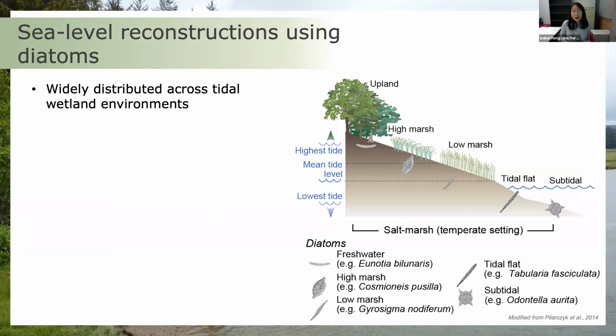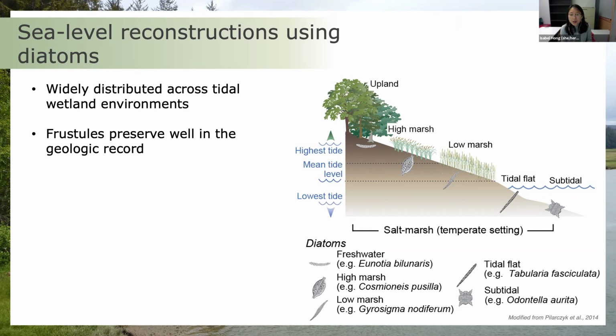So to start, I'll talk about how diatoms can play such a crucial role in these types of reconstruction studies. Diatoms are incredibly useful in coastal land level reconstruction studies because they're abundantly found in marine, brackish, and freshwater environments. Additionally, their frustules preserve really well. They're pretty resilient in preserving themselves in the geologic record, so we can use the frustules to identify them to species level, and then use their known salinity preferences to reconstruct paleo elevation with respect to the tidal frame.